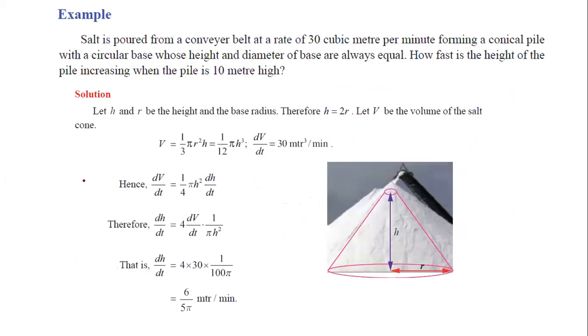Next problem is: salt is poured from a conveyor belt at the rate of 30 cubic meter per minute. Cubic meter, it is not centimeter. Cubic meter means m cube. Otherwise, no need to write c here. Cubic meter means m cube, 30 m cube per minute,